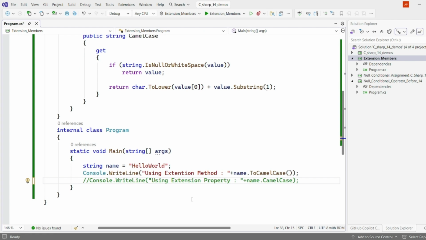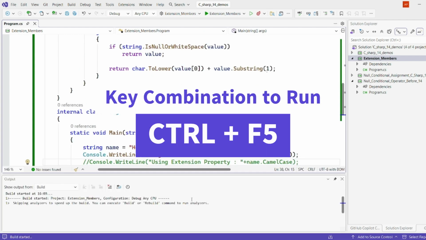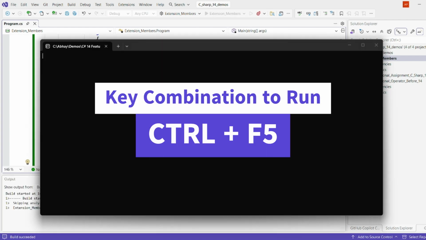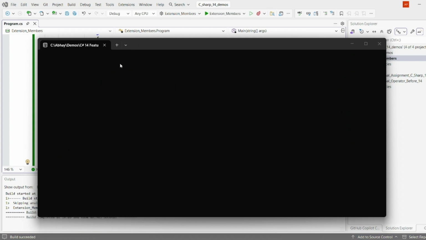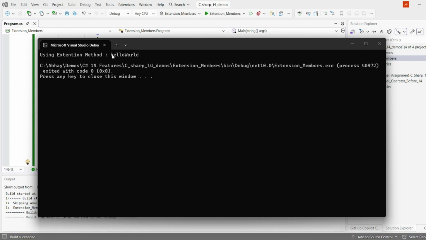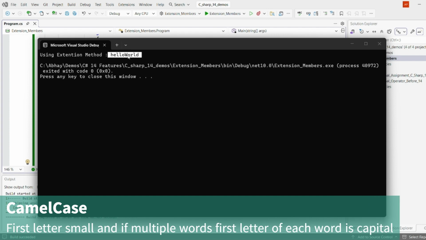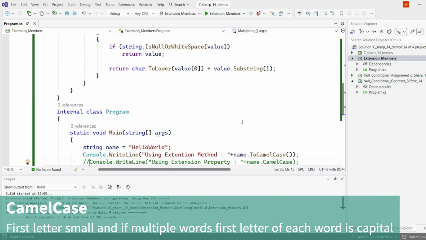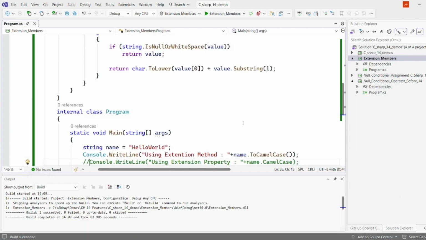So you see here, Control and F5, and the program shows my value in CamelCase. So hello world, this is called CamelCase. The word in the middle is camel. The first letter has been made small, I mean lowercase. So this is done. What I wanted to achieve is something